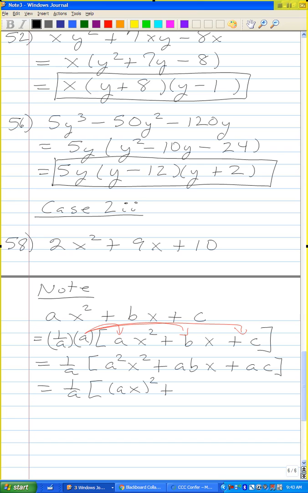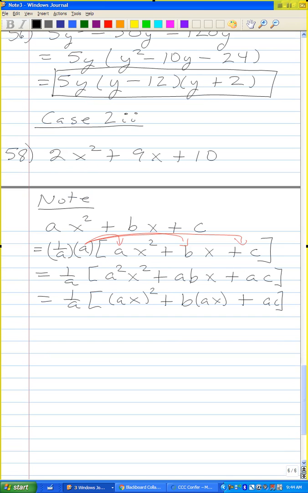So let me rewrite the a and the x next to each other. So that's ax squared plus bax plus ac. And so this, in parentheses, is now a monic polynomial. So note, this is a monic polynomial, monic quadratic,